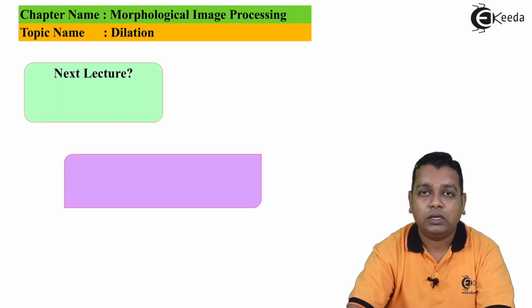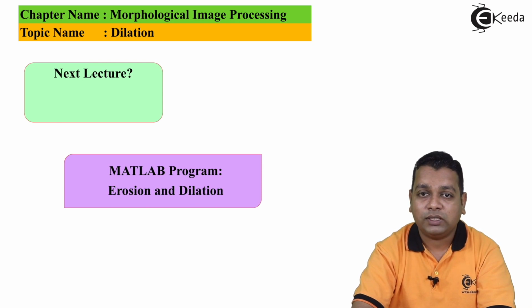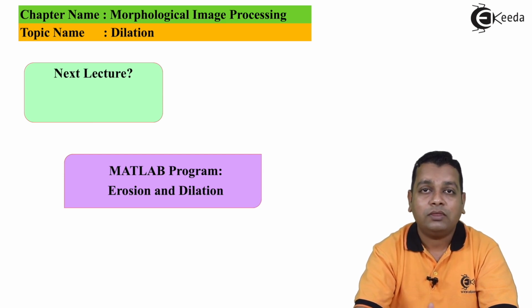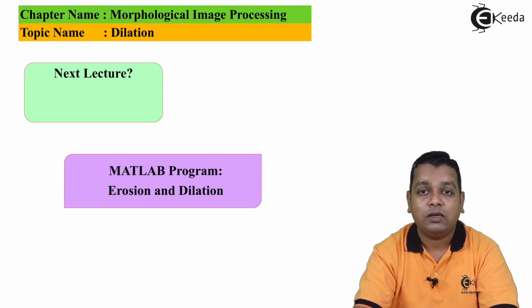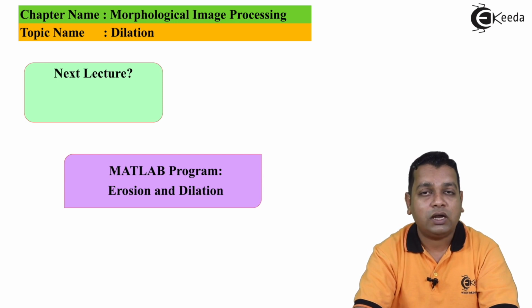I suppose the example that we discussed for understanding the dilation process is more clear to you. In the next lecture, we shall have a simple demonstration of both the fundamental processes of morphological image processing that we discussed in this video and the earlier one, that are erosion and dilation, in the form of MATLAB programming. In the MATLAB environment, we shall check and test the erosion and dilation process on selected images also. So it shall be a more practical approach to understanding these topics.